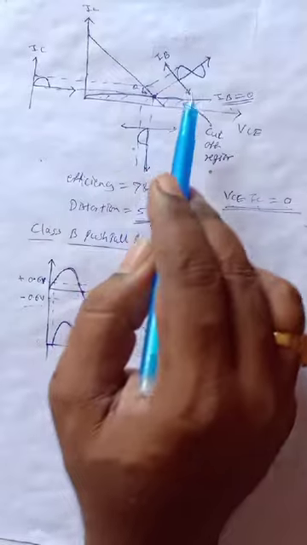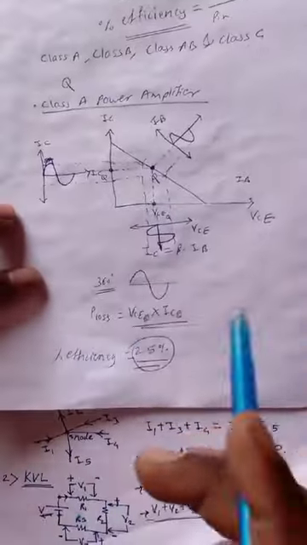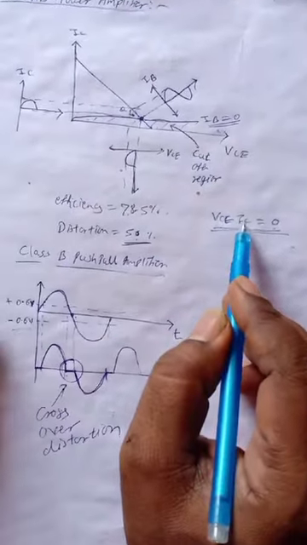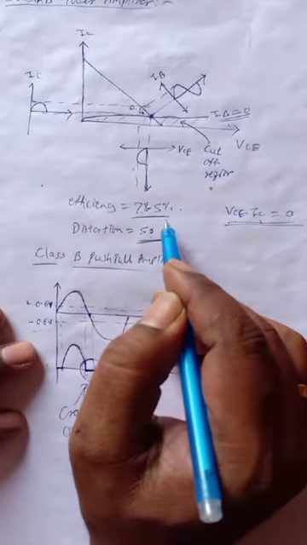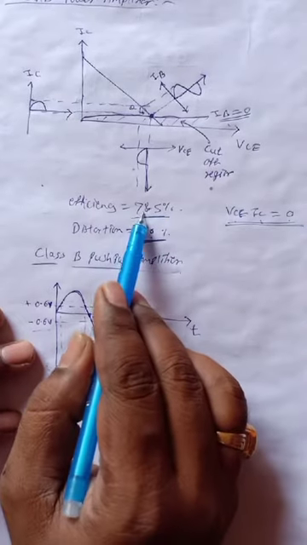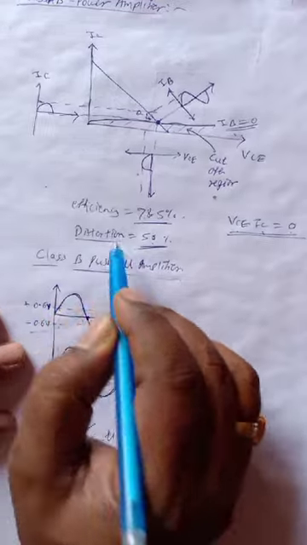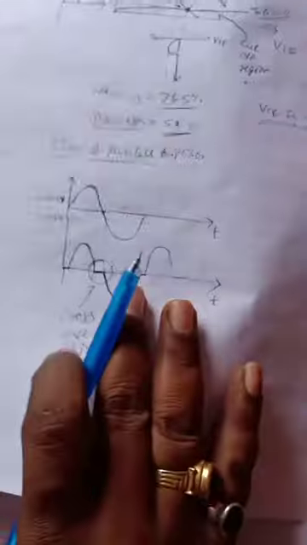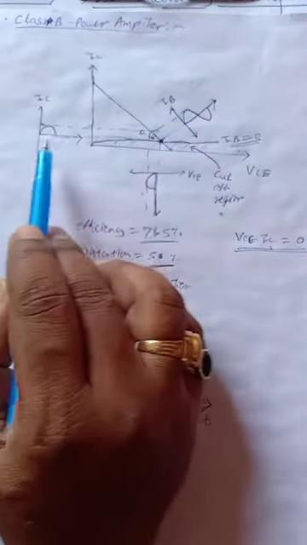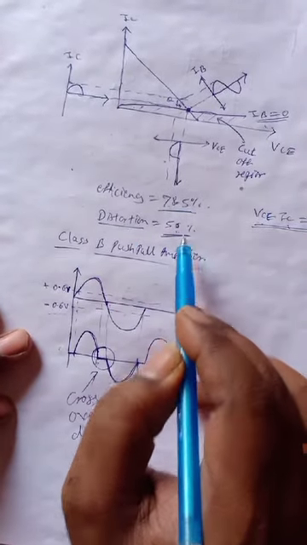So because of this, the power loss whatever in class A becomes equal to 0 in the class B power amplifier. So efficiency of this amplifier gets increased, up to 78.5%, but it has a distortion. In class A power amplifier we get distortionless output, but here the half cycle does not appear at the output, so there is a distortion of 50%.